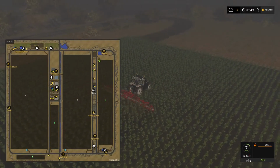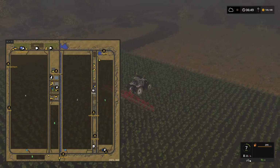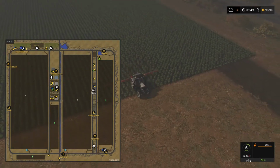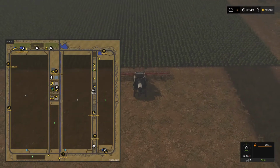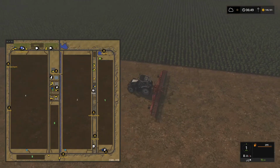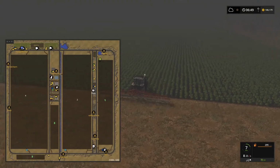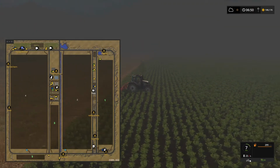So in the time that it's taken me to plough that field and make it ready for the next stage, cultivating and shaping, you can see just how little progress we've made on field 1. We've done, what, 3 passes, I think. 2 going up, 1 going down the middle, and still an awful long way to go. You can't even see the end of the field. I mean, that's partly because of the fog, but